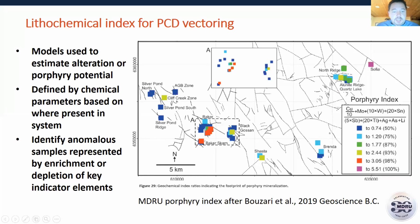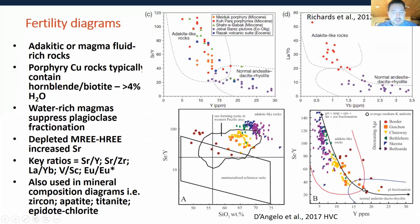Fertility diagrams are another key component of use of elemental composition in porphyry copper determination. These are diagrams that are championed by the late Jeremy Richards and others, and it highlights the fact that porphyry copper deposits typically are highly oxidized or highly water rich. And because of this, the term adakitic, or magma fluid-rich like rocks, will have a significant chemical difference compared to those rock types that are, quote unquote, dry or less likely to be related to porphyry copper mineralization. And so these water-rich magmas generally suppress plagioclase fractionation, will generally have depleted middle rare earth elements or heavy rare earth elements and increased strontium, yttrium,